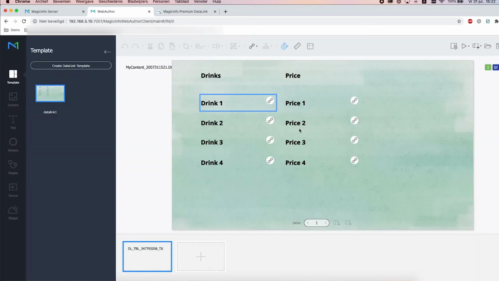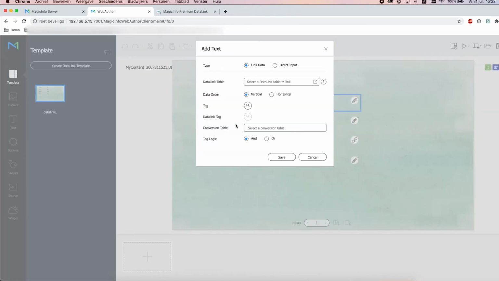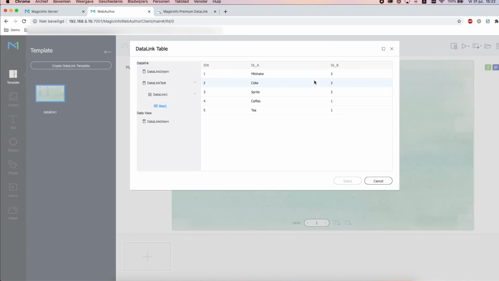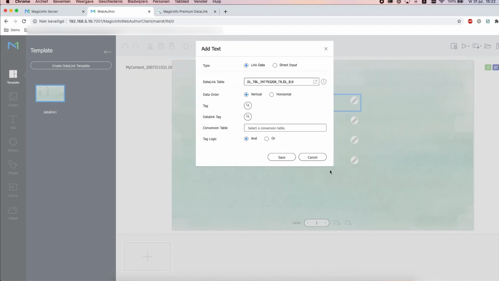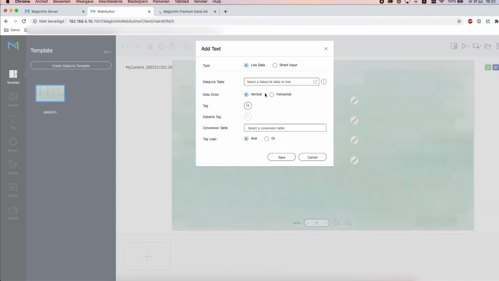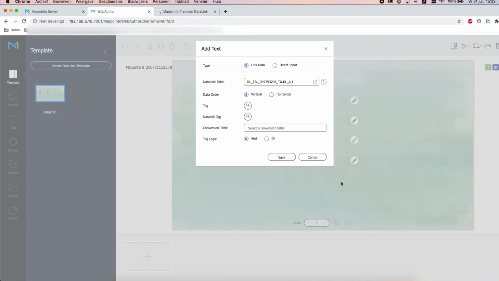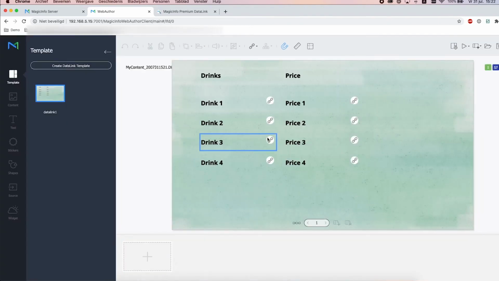Now with the first drink comes the first price. So select price 1, click on the plus, and select the field again that you want to read, which is 2. This can be euros, dollars, whatever currency you assign to it. So you have to make sure you do this to every field that you want MagicInfo to read from your